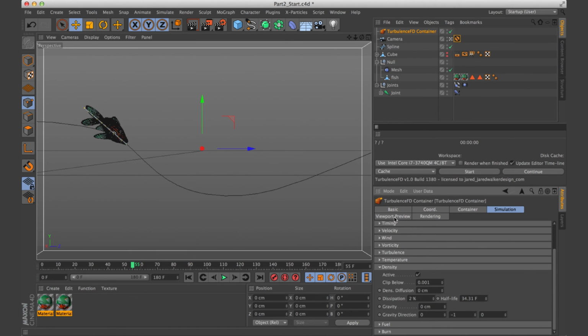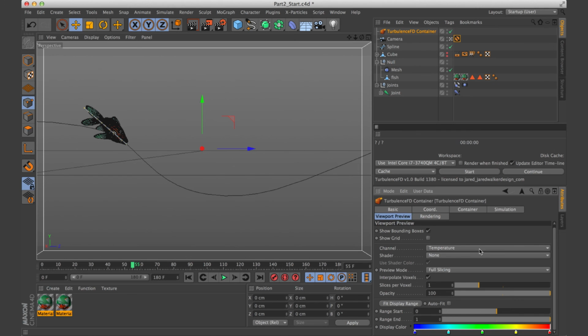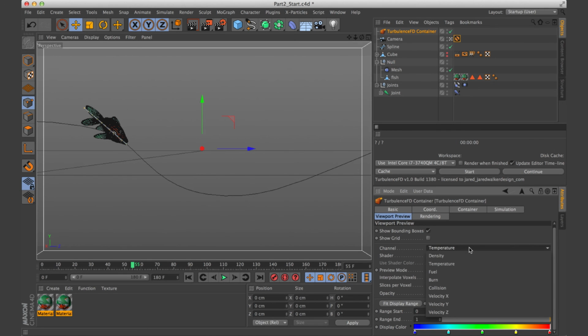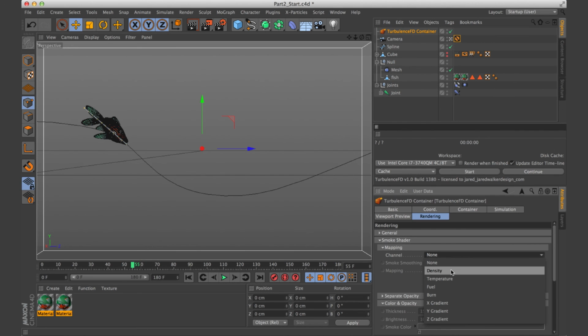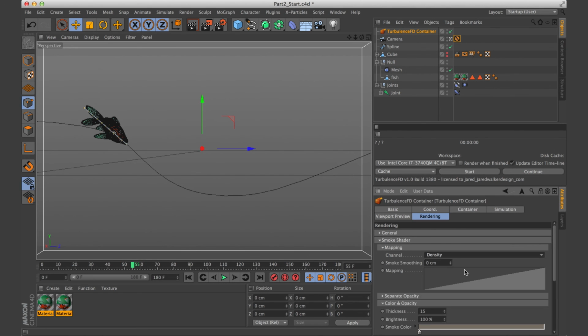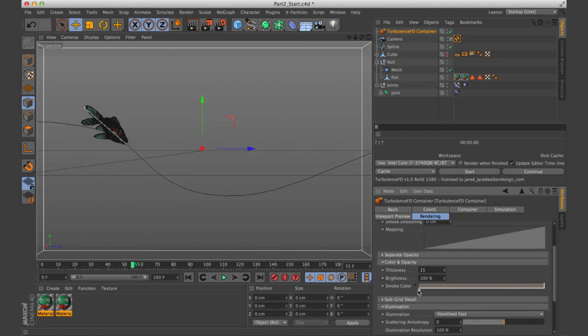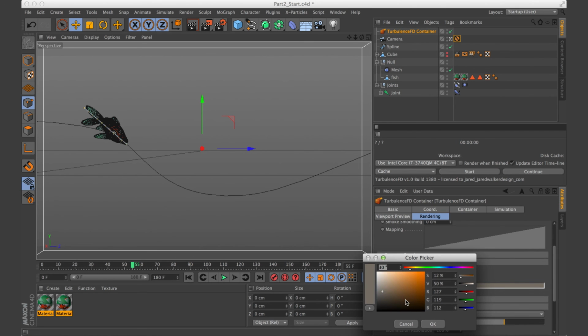Now we're going to go over to viewport preview, and we're going to set our channel to density. So that way when we run our simulation, we'll be able to see the smoke from our density channel in the viewport. Now we'll go over to the rendering tab, and under smoke shader, we're going to set that to density. And we're going to change the color of the smoke to black.